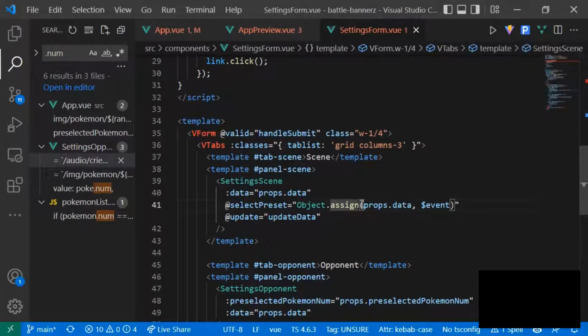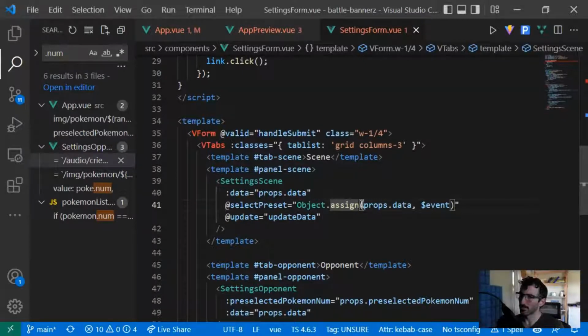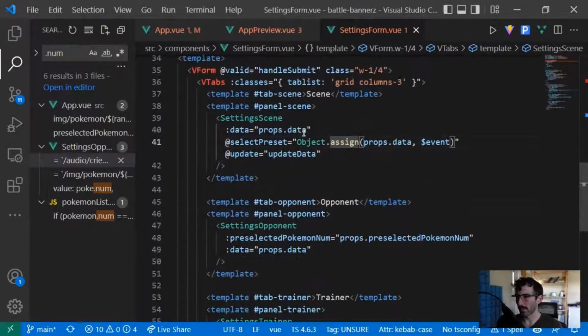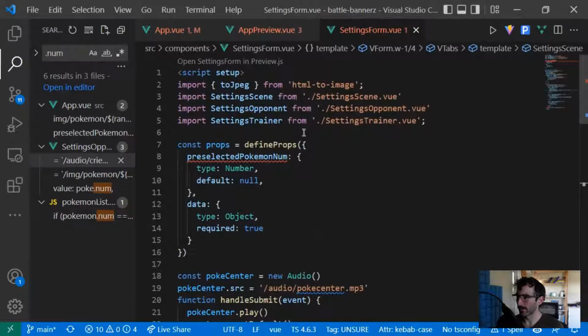Event delegation. Maybe. I think it's just event hot potatoing is the term I'm going to go with. But in the same way that we have this prop drilling that goes down,